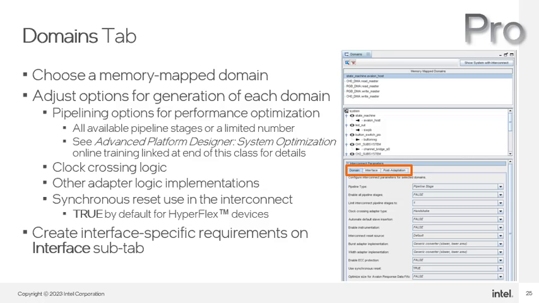In the Pro Edition, the Interconnect Requirements tab has been replaced with the Domains tab. This lets you choose custom interconnect requirements for each memory-mapped domain instead of for the entire interconnect. Select a domain from the list and set options for that domain. The Pro Edition includes some options similar to the Standard Edition, but additional options are available for the advanced devices